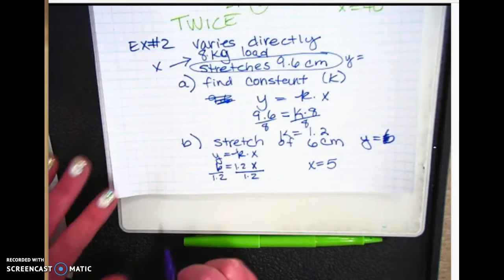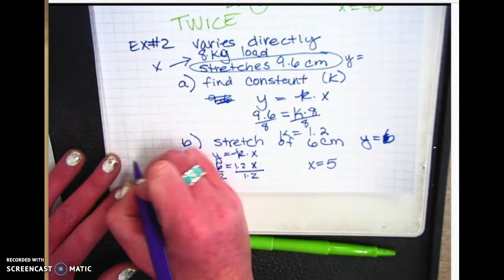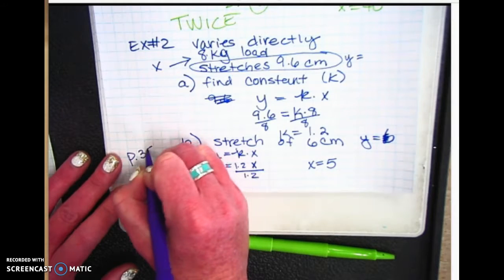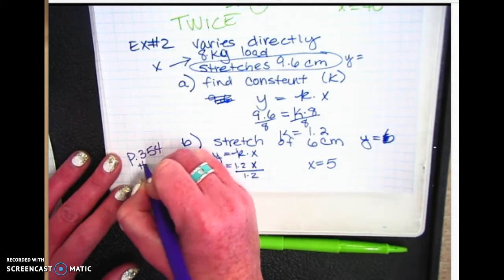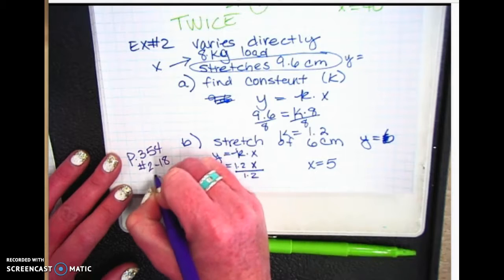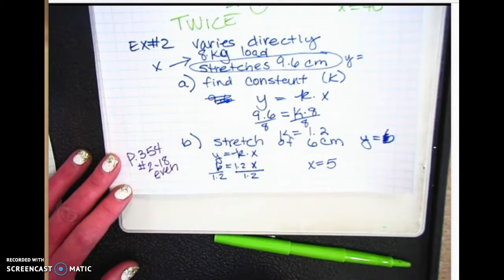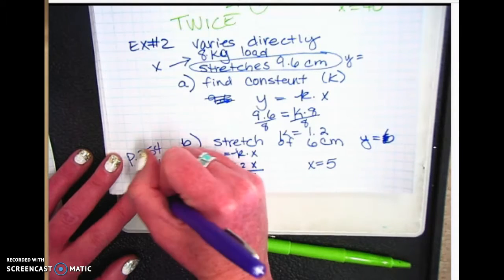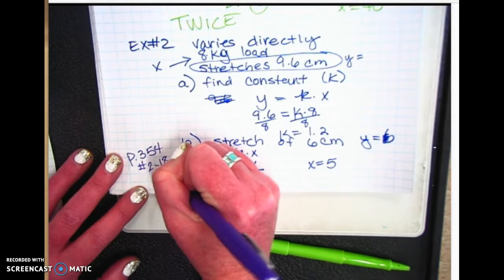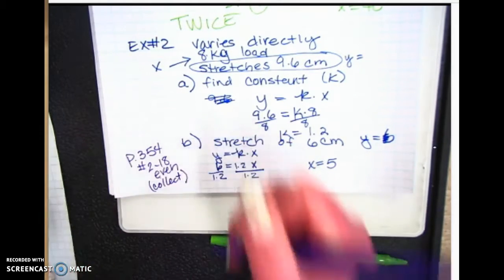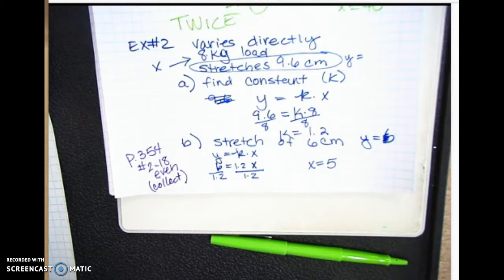Okay, so you guys are going to do 9 problems. You're going to go to page 354. You're going to do 2 through 18, just do the evens. And this one, I'm going to collect. I don't normally collect because I usually give you that list. And when we get to chapter 9, I'm going to give you a list